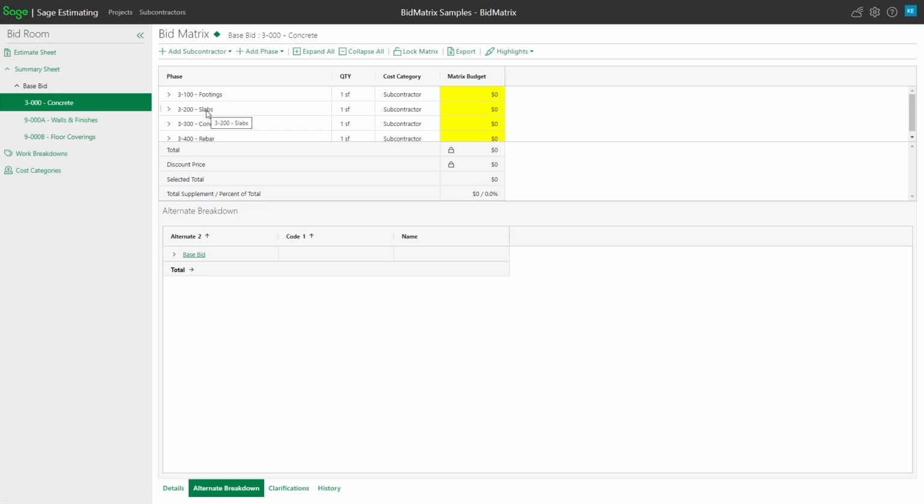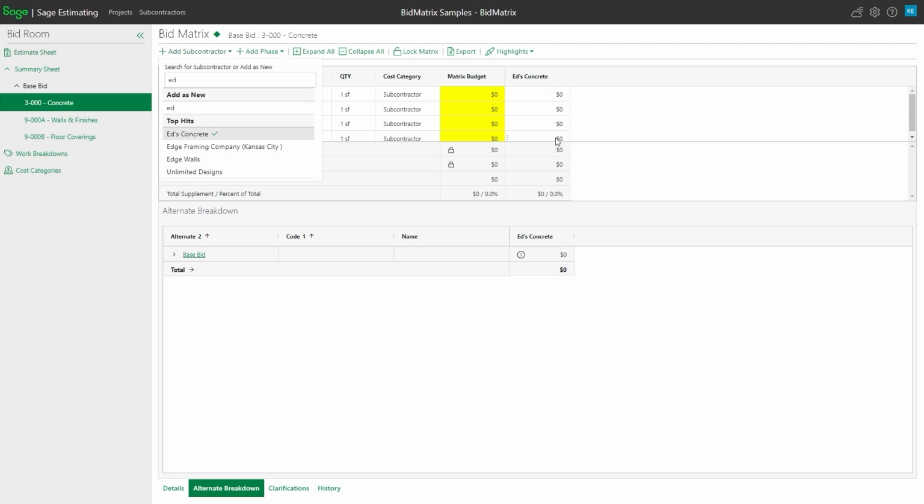And then the last component of this video that I want to talk about is adding my subcontractors to that. If I want to add some subcontractors, this is where I could go back up to this button here. Instead of add phases, I'm going to go to the left of it for add subcontractor. When I'm adding somebody, if somebody is in my list, so let's say I type in Ed here, it goes down through and finds that I've got an Edge Concrete, and maybe I've got Edge Framing and Edge Walls and some other things that have ED in it. So this is where I could just pick it, and now it's dropped Edge Concrete in the mix here.